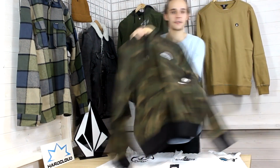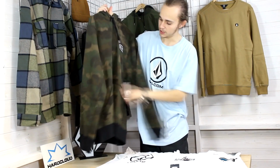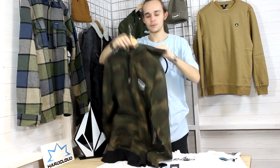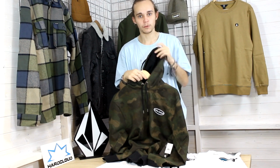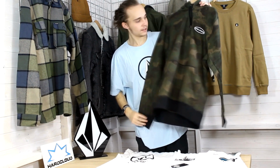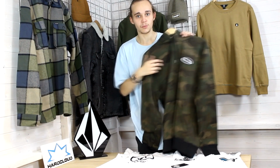And then moving on, this is one of my favourites this season. This is the Shoc Pullover hoodie, which comes in this really nice painted camo looking colourway, which is super unique and definitely a standout piece. It's also got a waffle lining in the hood, which makes this a really unique feeling and looking piece. Also finished off with branded drawstring metal toppers, which is a really premium touch, and a Volcom woven label